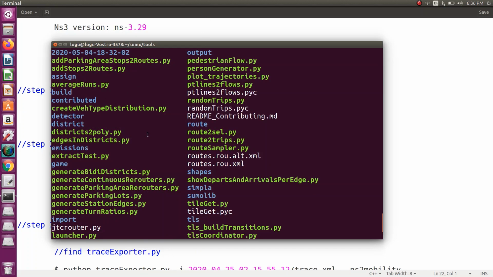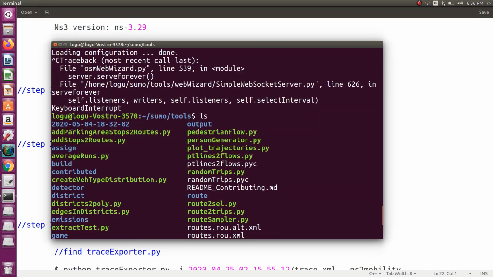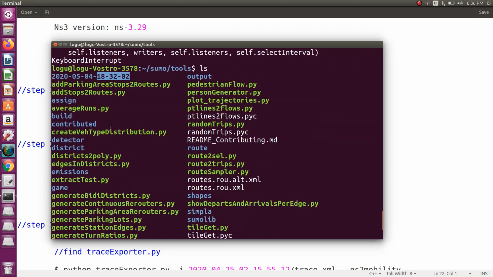So if you are using LS, we can see one data file. So 2020 5/4/18:32 2 seconds. So this is the date. So this is the timing. So we generated that file. So we want to use that file.